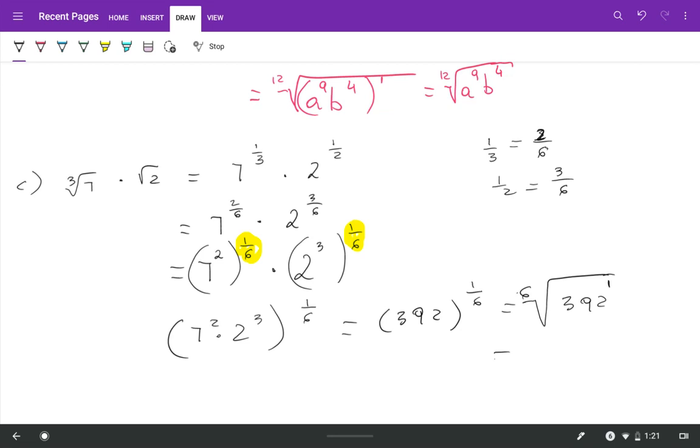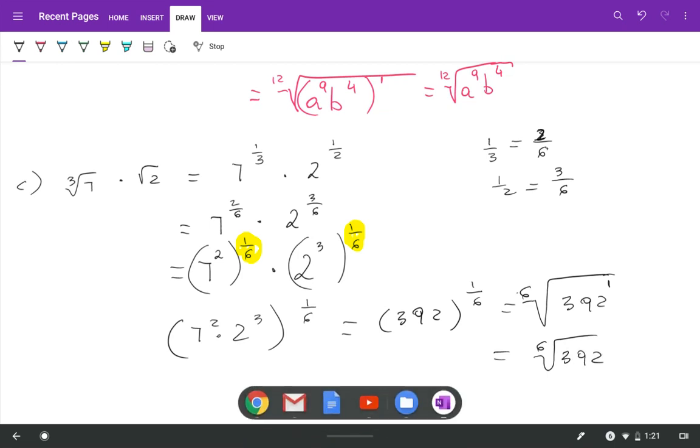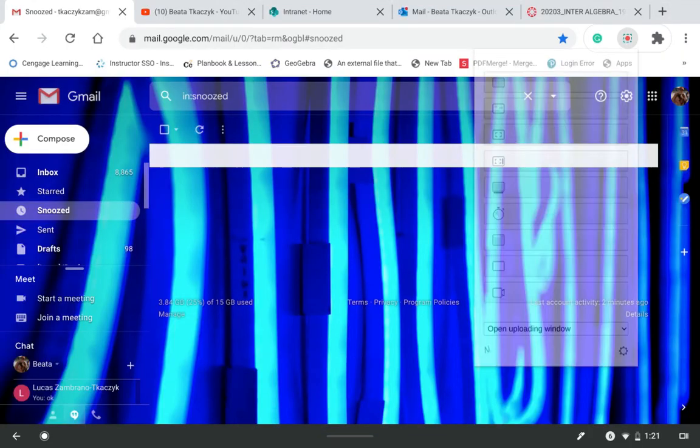So this is 392 to the power of 1/6. And now we can change that to a radical. The index is the denominator, and you have 3